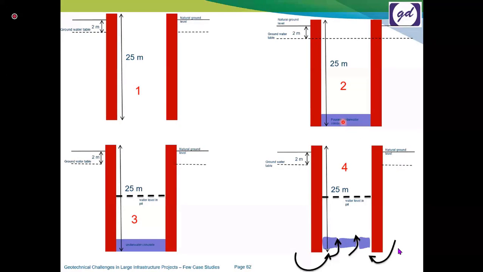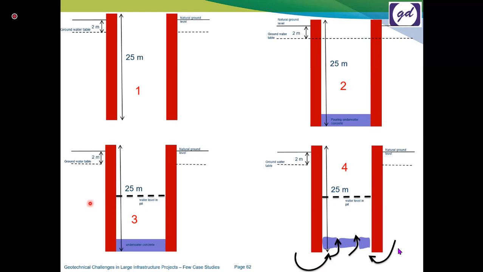They went up to, let's say, minus 25 meters, and then they assumed that underwater they could pour concrete, almost I would say more than 250 to 300 cubic meters, and then they tried to start dewatering, assuming that this concrete plug would be sufficient to take care of the uplift pressure coming from the bottom.